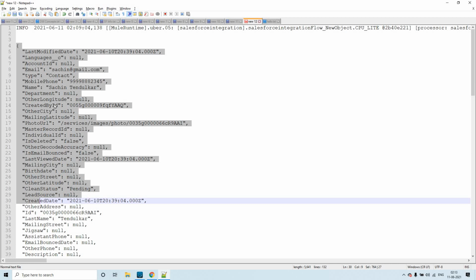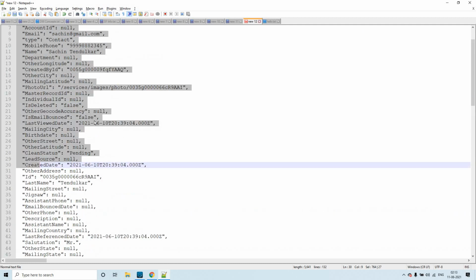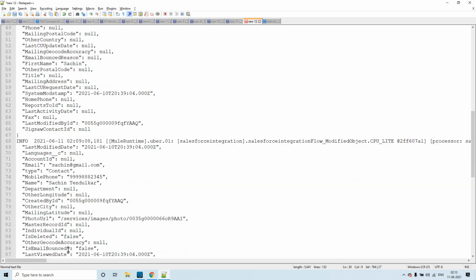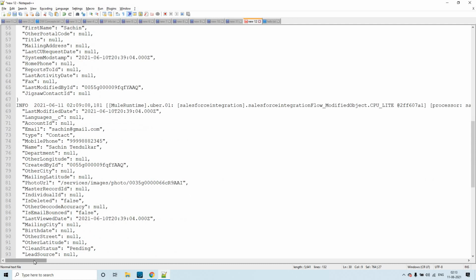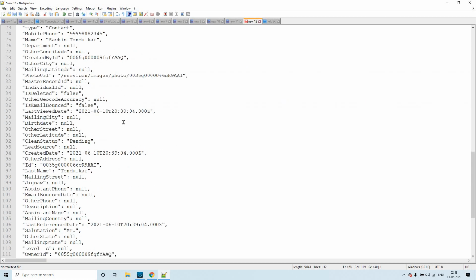Whenever an entry has been created, on new object is getting invoked, and that is what has given this result, whatever we are seeing here. And the same thing is the output from modified object as well. Yes, the same thing.